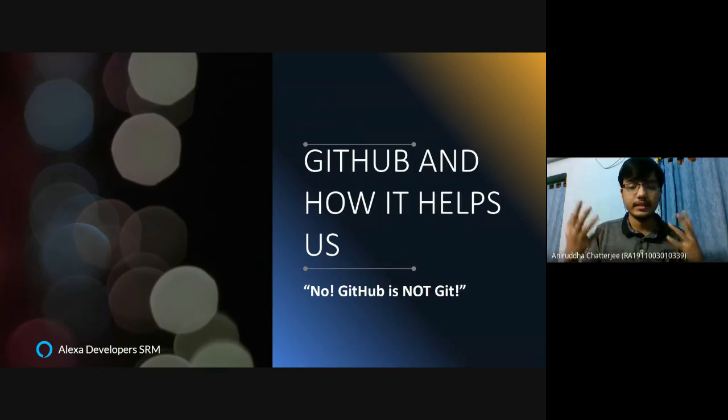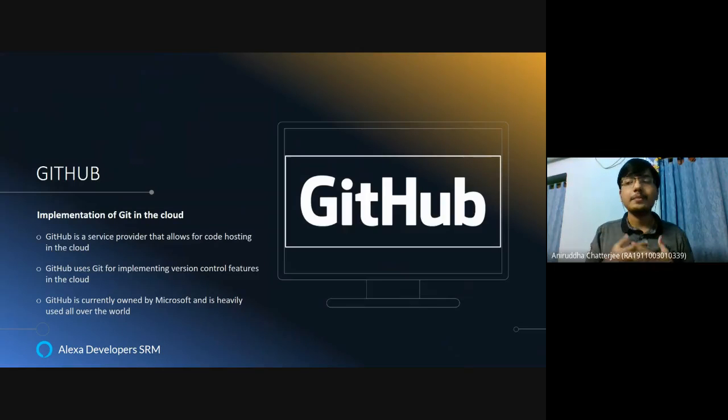So this is GitHub. GitHub is not Git. Don't get confused. Don't say that they're the same thing. No, that's the worst mistake you can make. They are not the same thing. GitHub is an implementation of Git in the cloud. So right now, what I did using Git, it happened on my laptop. Even if I switch off internet, if I disconnect all the wireless and wired communications,